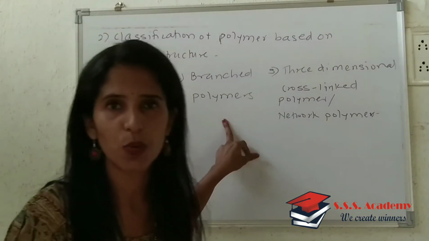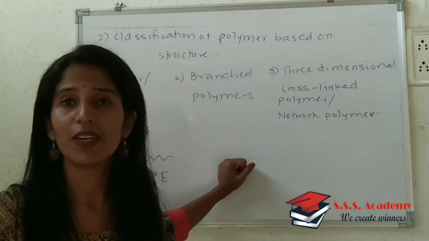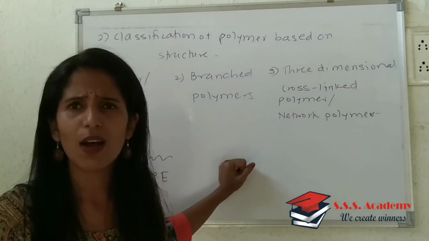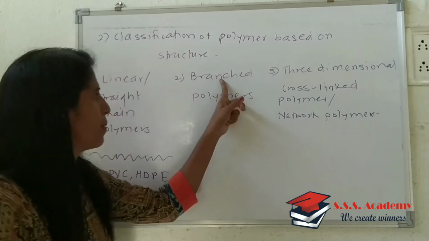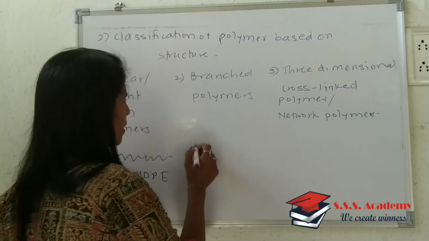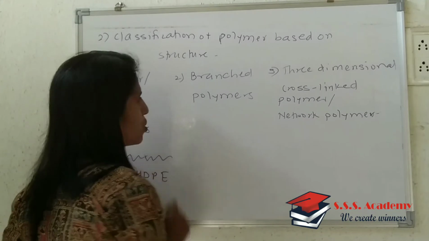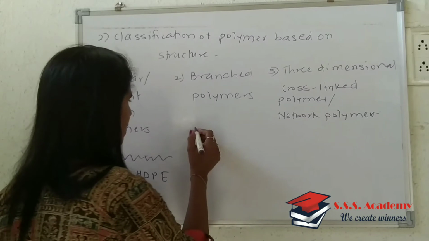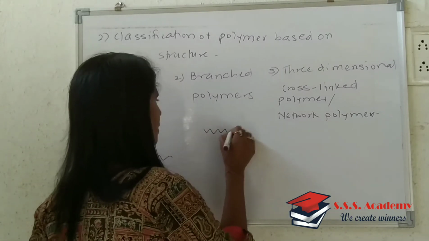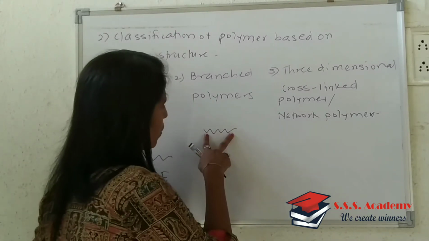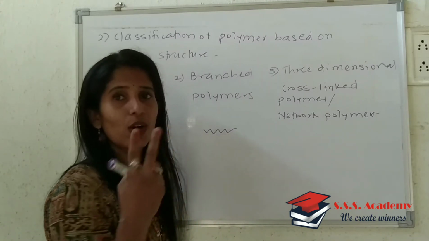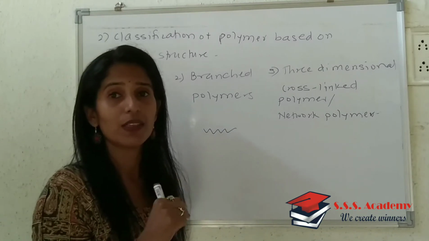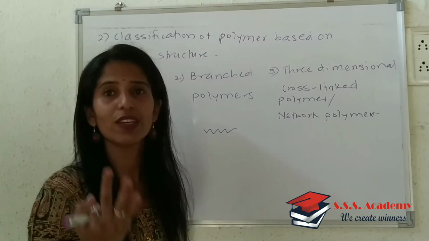Second, it refers to branch polymer, right? Branch polymer, the name itself indicates that there must be branching present in the structure of that polymer. So how is it possible that we will see? For branching, that monomeric unit must be trifunctional, or is said to possess functionality more than 2. How? That we will see. Let's say this is a monomeric unit. Okay, if only 2 sites of attachment or only 2 reactive centers are there, then that is said to be bifunctional. But now in this case we require trifunctionality or 3 functional groups.